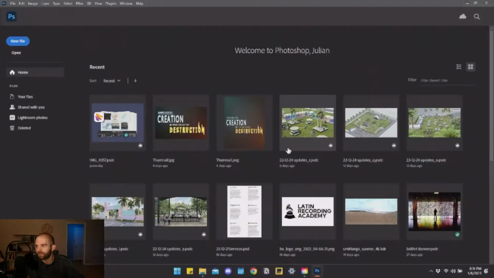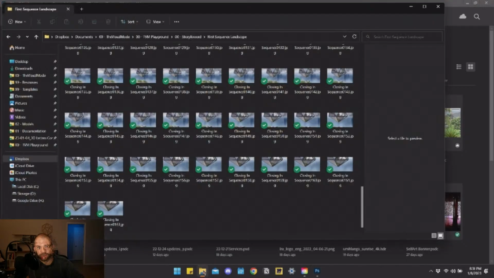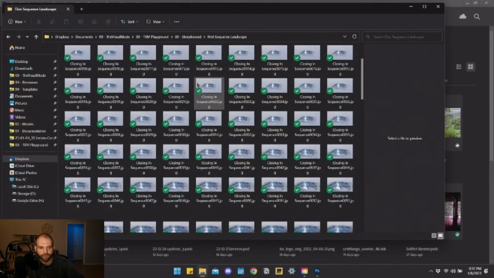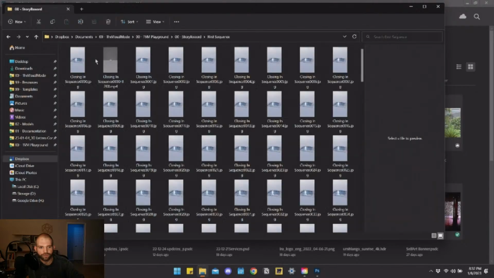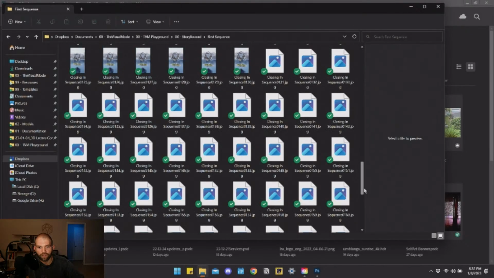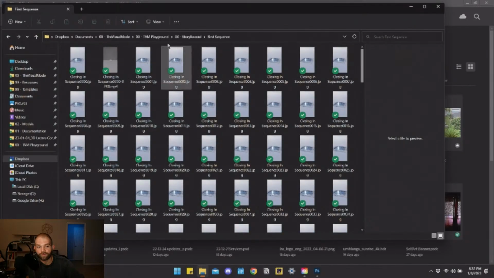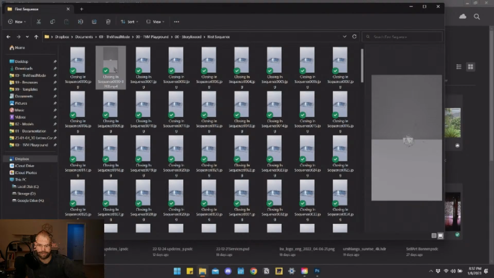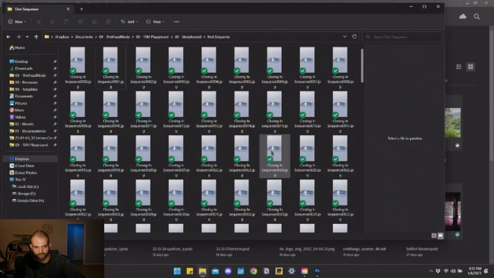I'm going to have Photoshop open here already. And I'm going to go to the folder where I have all my images saved that I want to turn into a video. So rather than doing this sequence, I'm going to go ahead and do the portrait one that I actually finished. This is 200 frames from the video that I previously streamed showing how to set up camera animations and camera tracking in Blender. So I'm going to go ahead and copy this directory where all these images are. Make sure that I delete the MP4 that's located in here. I don't want to include that file. So copy that directory,